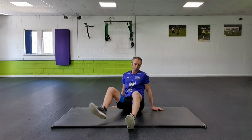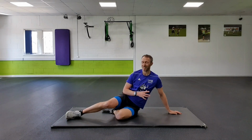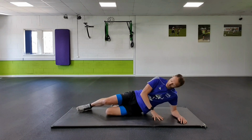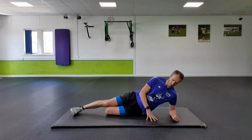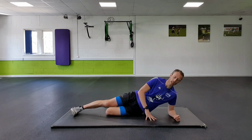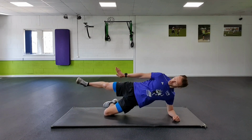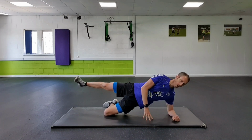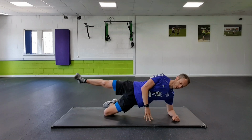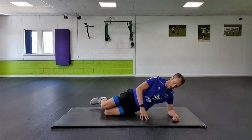What we're working on is building up from anywhere between 1 to 10 repetitions of that 10-second hold if you can. So again, elbow underneath your shoulder, top leg straight, bending the bottom leg at 90 degrees at the knee. We're going to lift upwards, lift the top foot, squeeze back, externally rotating from the hip, which is just going to turn the foot backwards and upwards slightly, lifting up away from the floor, aiming for about 10 seconds, and then back down,